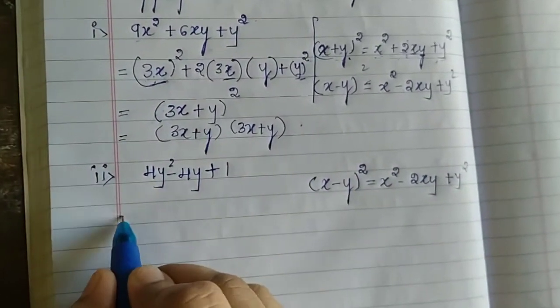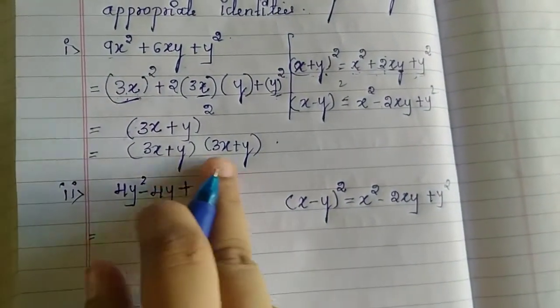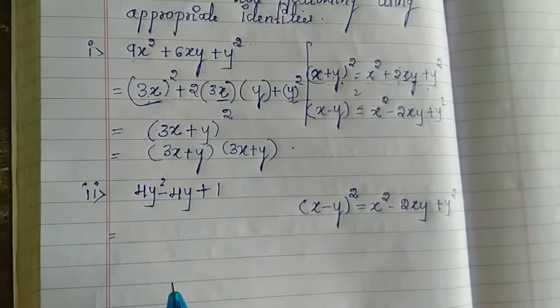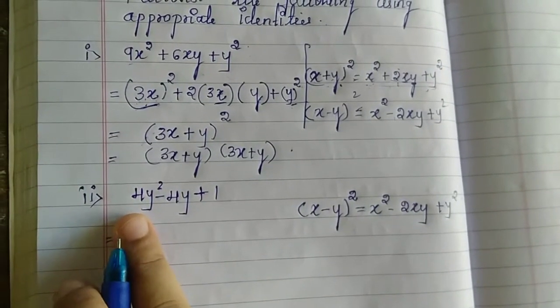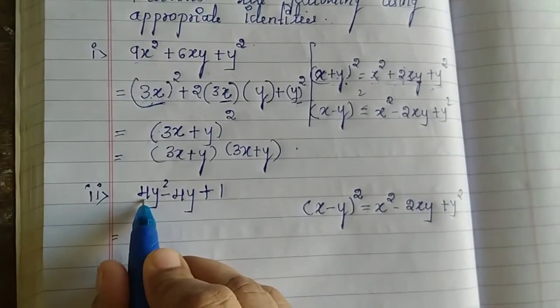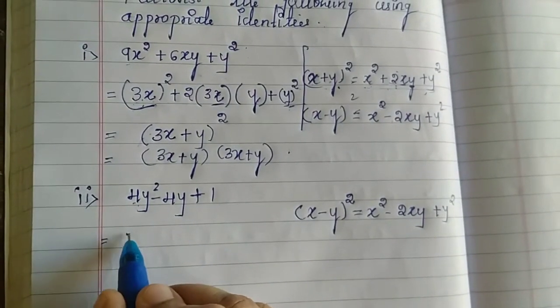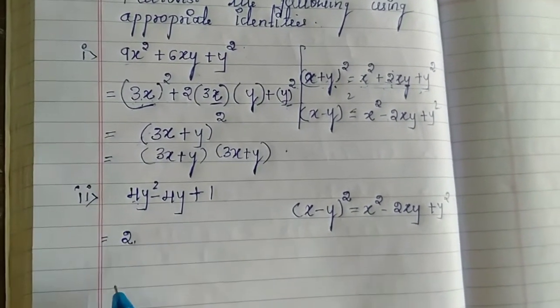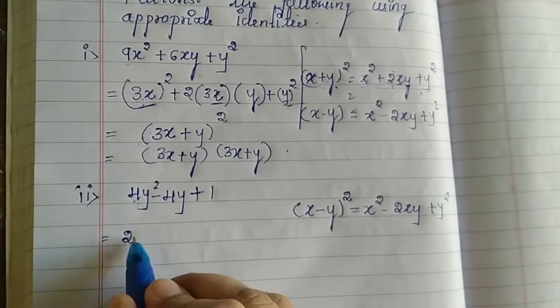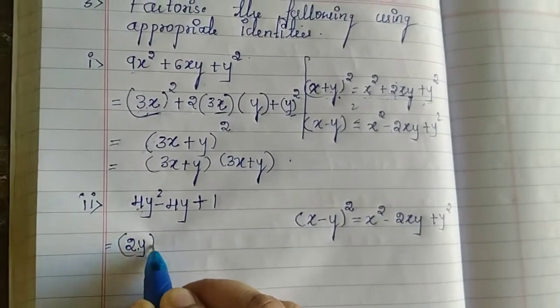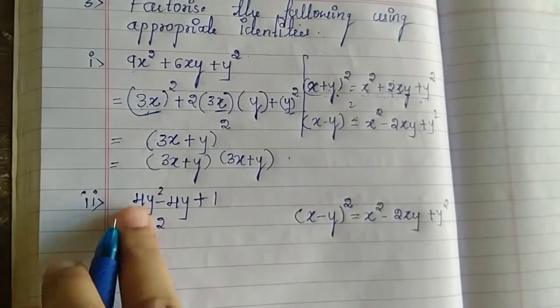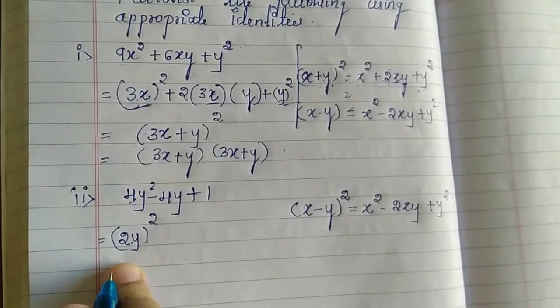Again the same thing you have to do over here, that is, you have to simplify this. How can you simplify? 4y square is there, right? First you have to think which is the perfect square of this number, see here, 2, right? 2 to the 4. 2y the whole square. So 4y square can be written as 2y the whole square.